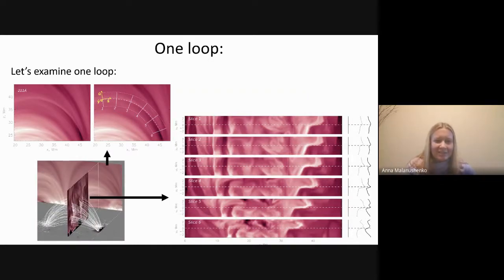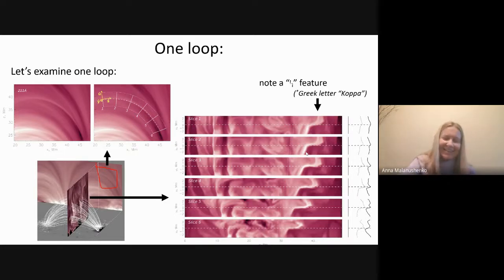The top panels are basically the subportion of the synthetic emission, and the right panels are basically plane slices, akin to this vertical plane in the volume, of the volumetric emissivity. Note a feature here that kind of represents the archaic Greek letter kappa. And many kudos to Craig for educating me in archaic Greek. It really helped. It looks like this kappa-shaped feature is, as we argue in the paper, what is responsible for the image of this loop.